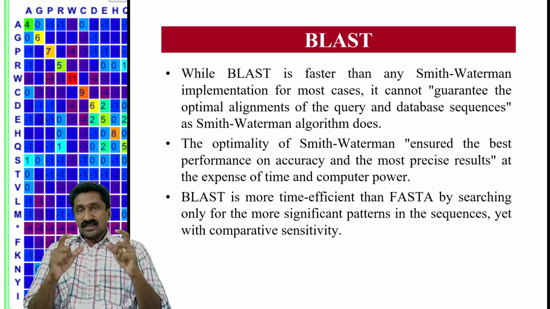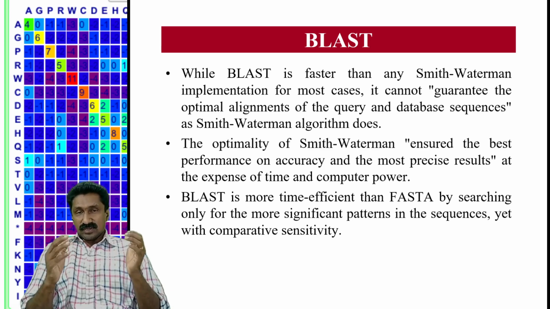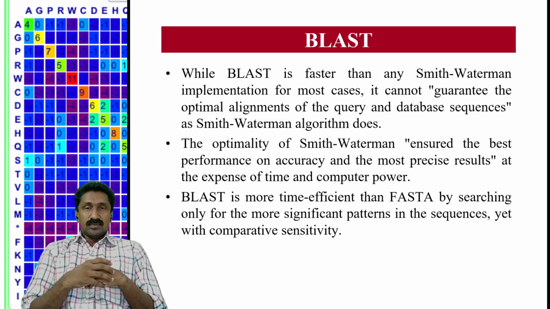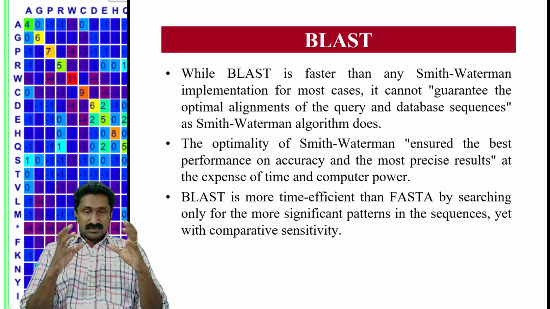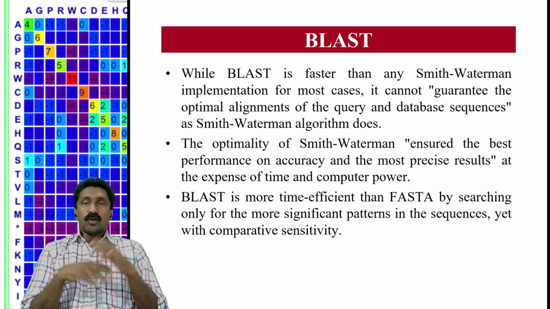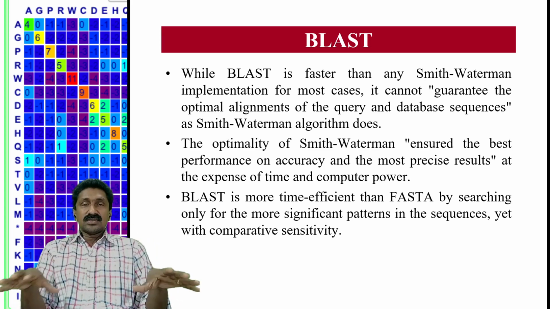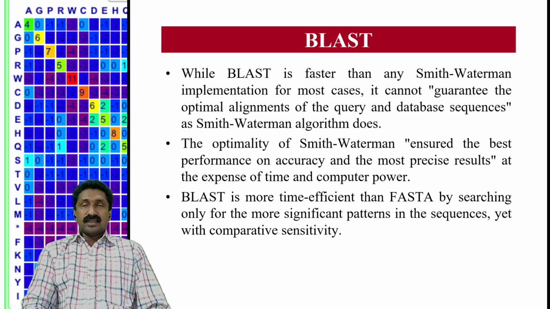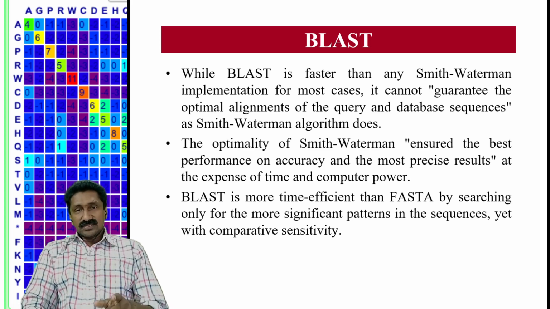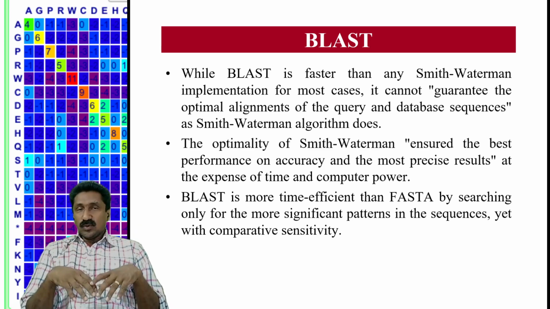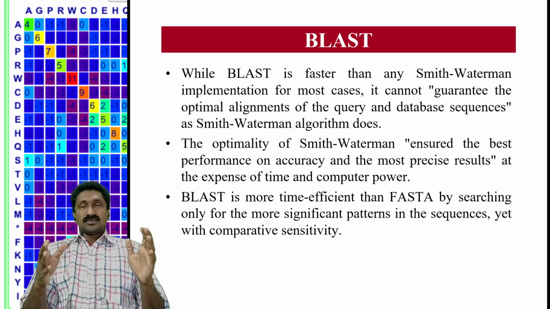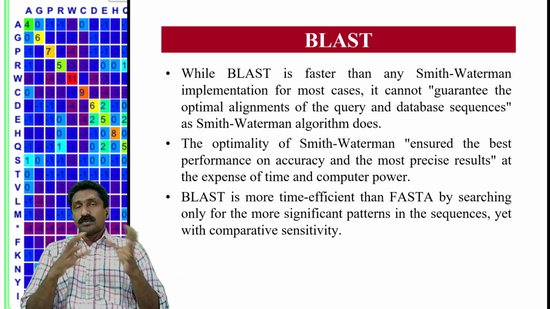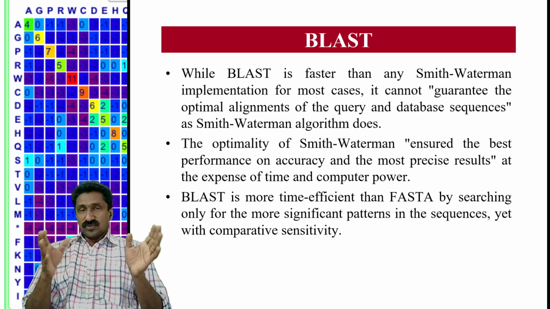That is comparable to the Smith-Waterman or Needleman-Wunsch algorithm, in which the dynamic programming method works by comparing all the possibilities. It runs an intensive search, compares all the possibilities, and finds every alignment. Whereas BLAST is quicker. It won't search all the possibilities, but the best possibilities will be identified quickly. That's why it is said that it will not guarantee optimal alignments of the query sequence, but it is faster.